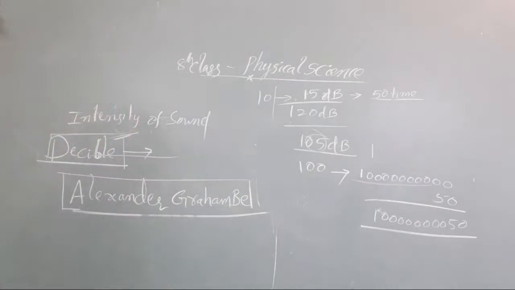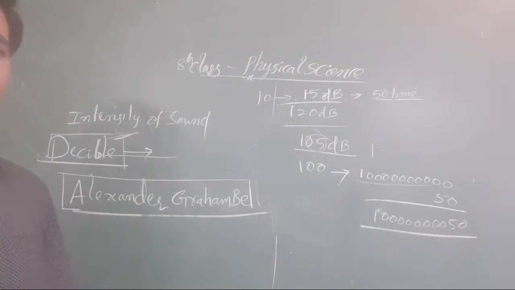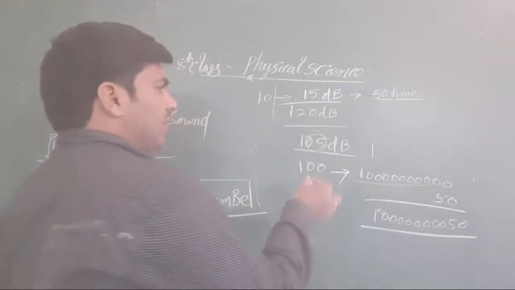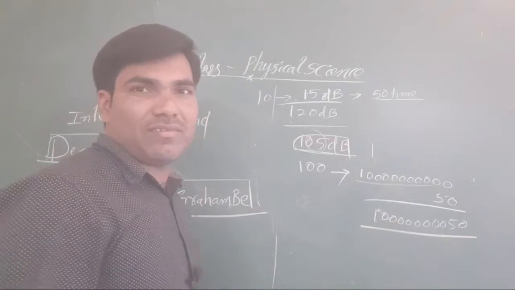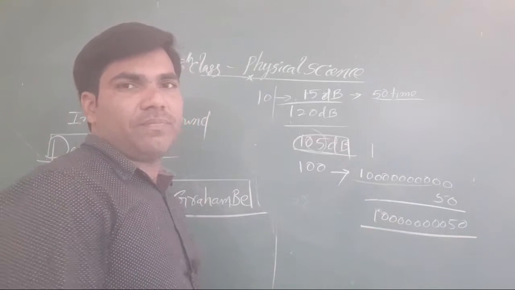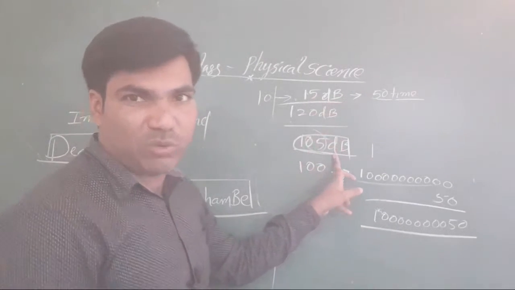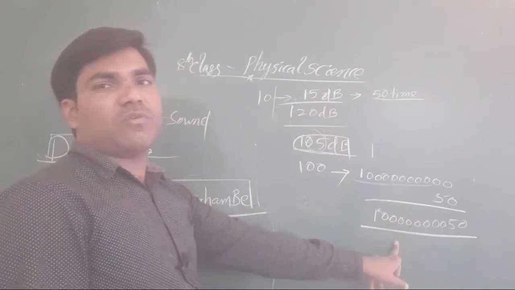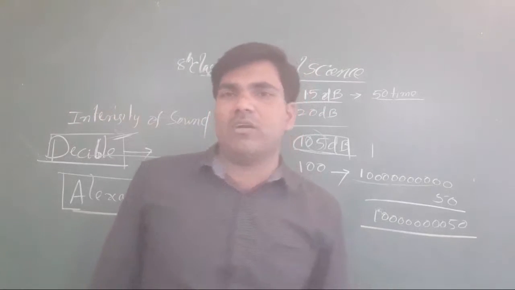And now there is one more lab activity. Tomorrow we'll go with that lab activity. Because of that, 105 dB is equal to what you have to take like this. Got it? The difference between 120 dB and 15 dB is 105 dB. The 105 dB is written as this many times. So the problems are very important here.